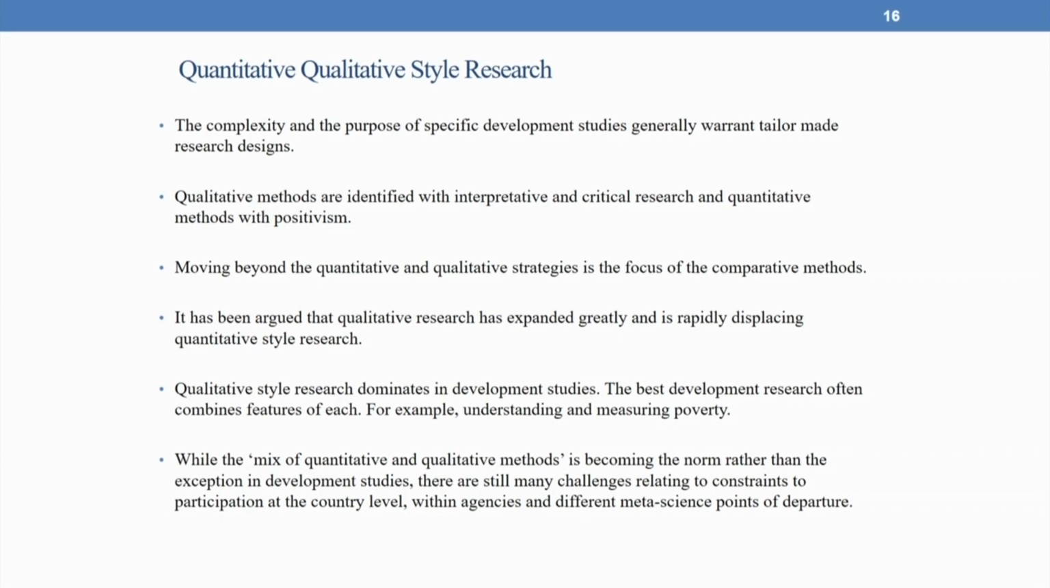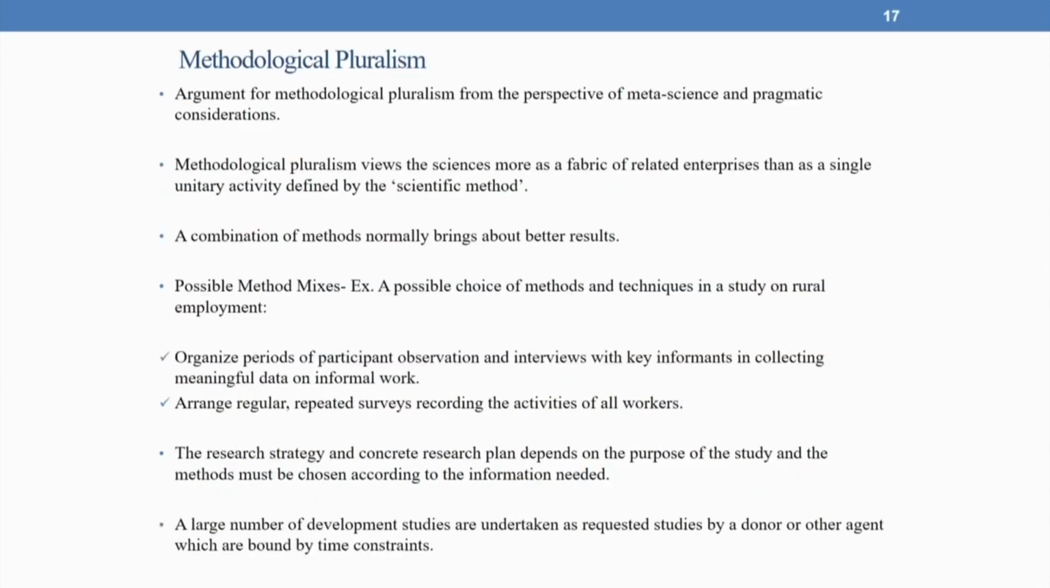Now, this idea that there is a continuum of quantitative and qualitative style in research brings us to the idea of methodological pluralism, which is an argument forwarded from the perspective of meta science and pragmatic considerations. So, keeping the different contexts and research questions of the applied social sciences in the domain of development studies in mind, scholars have convincingly argued that methodological pluralism should be the focus, keeping the perspectives of meta science and pragmatic considerations,